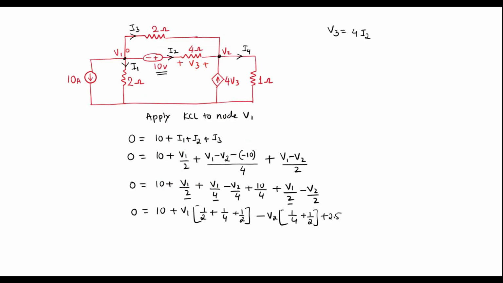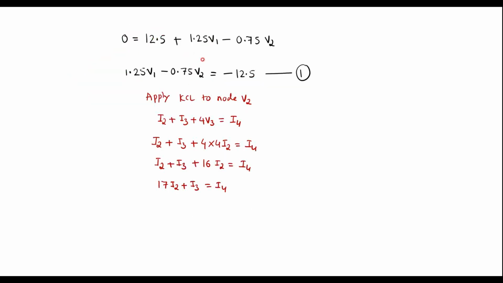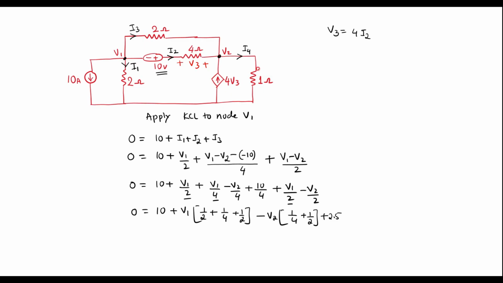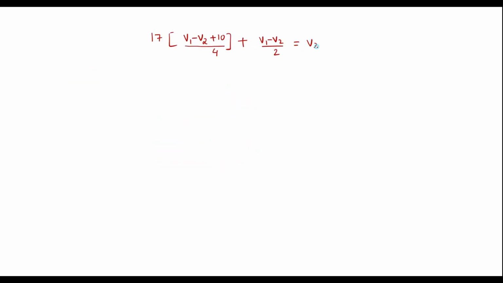So I3 is nothing but (V1 minus V2) by 2, that is (V1 minus V2) by 2 is equal to I4. I4 is nothing but V2 by 1, that is V2. Let me simplify. 17 by 4 is 4.25. We have V1 minus V2 plus 10. Here we have V1 by 2 minus V2 by 2 is equal to,